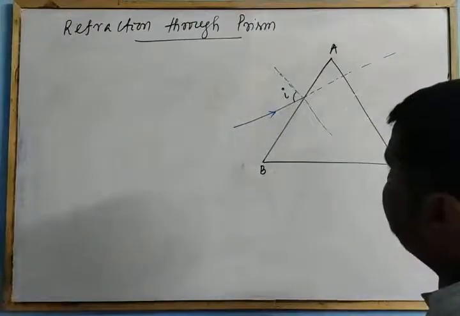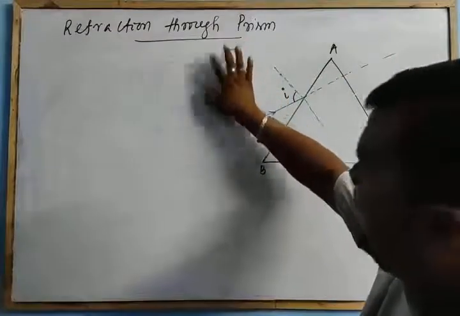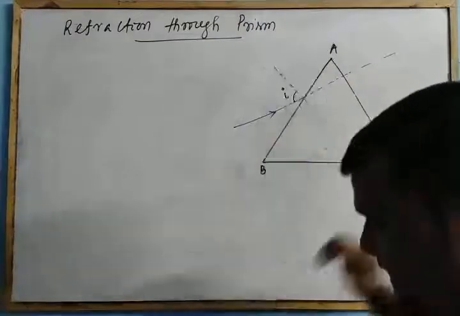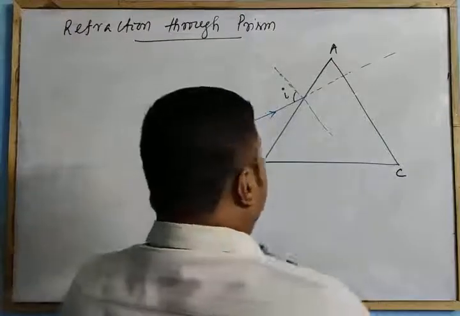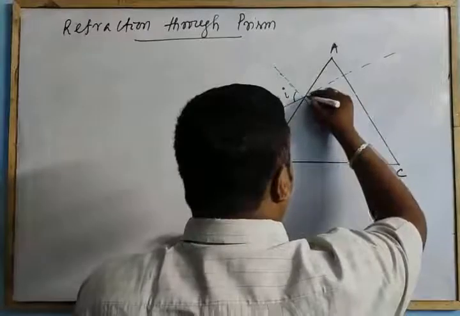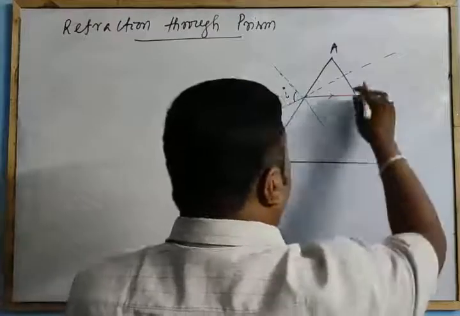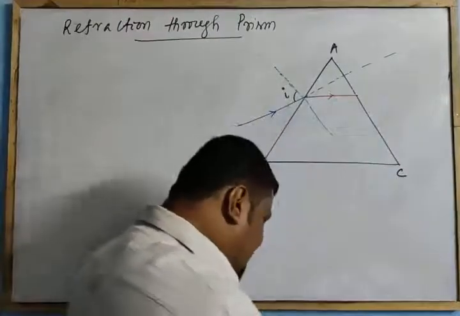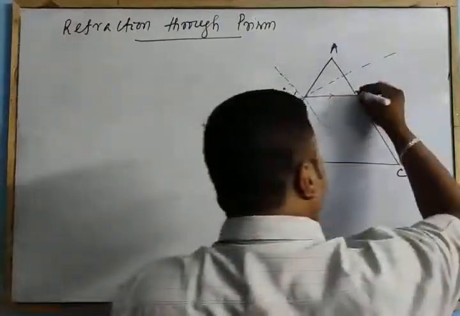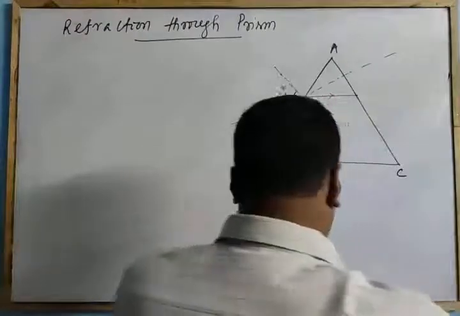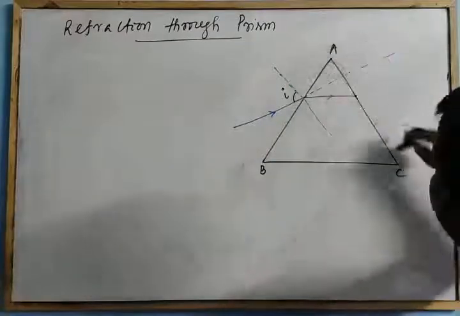But because of this prism medium, the ray travels from air medium to glass, or air to denser. It bends towards the normal. Now the ray will travel along this path. Clear? So I will show the path bends towards the normal. So let the ray travel like this towards the normal. Clear? So at this face, when it strikes the face AC, then at this face again what happened? If I draw a normal at this point of incidence on the face AC,